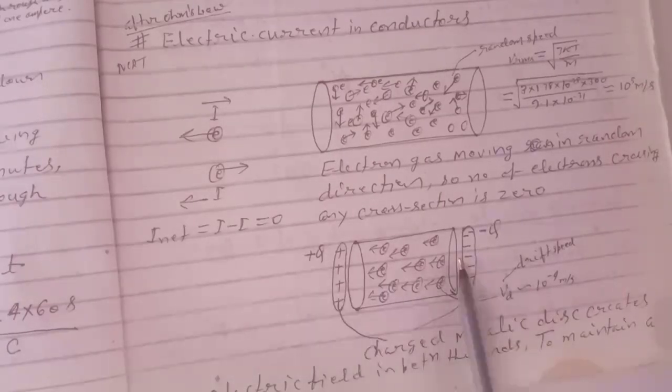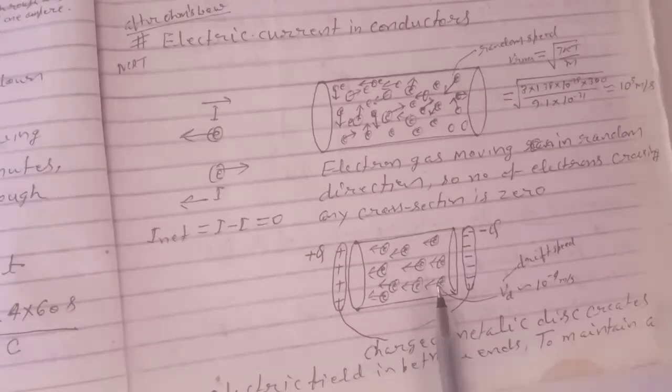Here charged discs are placed outside the ends of the conductor, and due to this an electric field is set up in the conductor, and electrons start to drift. The drift speed is about 10 to the power minus 4